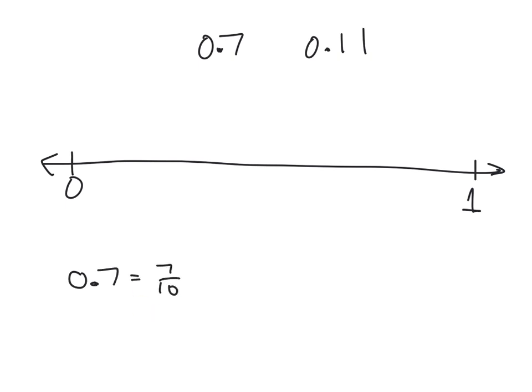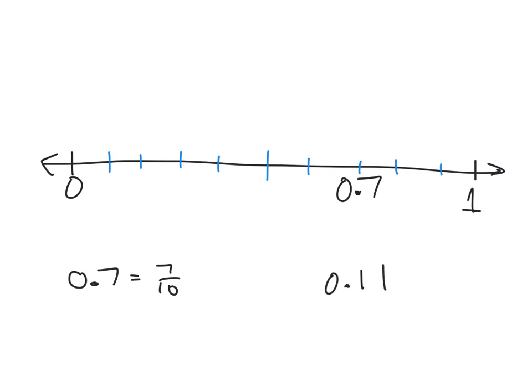So what does that mean? That means we are going to chop this number line into 10 equal-sized pieces. So I'm going to cut it in half and then cut each half into 5 pieces. So there are our 10 intervals. And then I'm going to take our 0.7 and we're going to move over 1/10, 2/10, 3/10, 4/10, 5/10, 6/10, 7/10. So 7/10 is going to go right there. All right, so that's 7/10. So what about